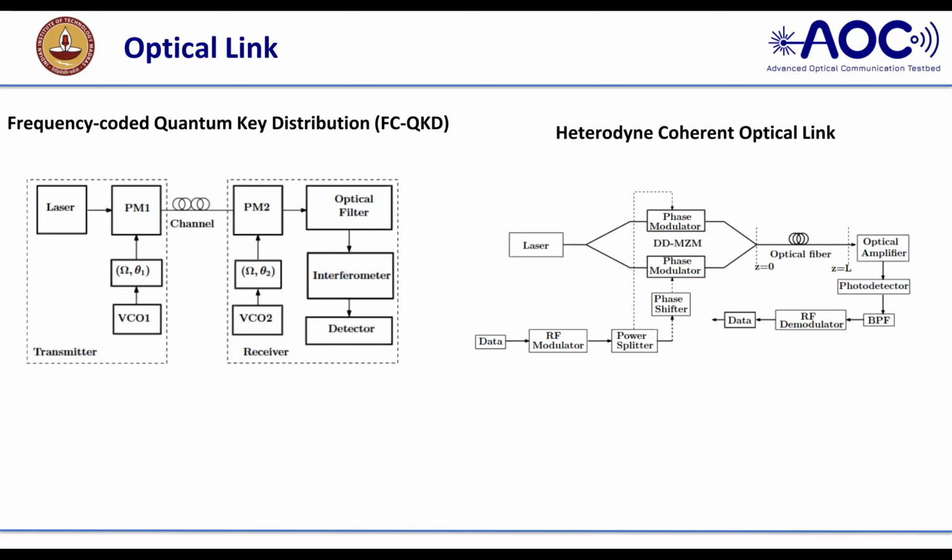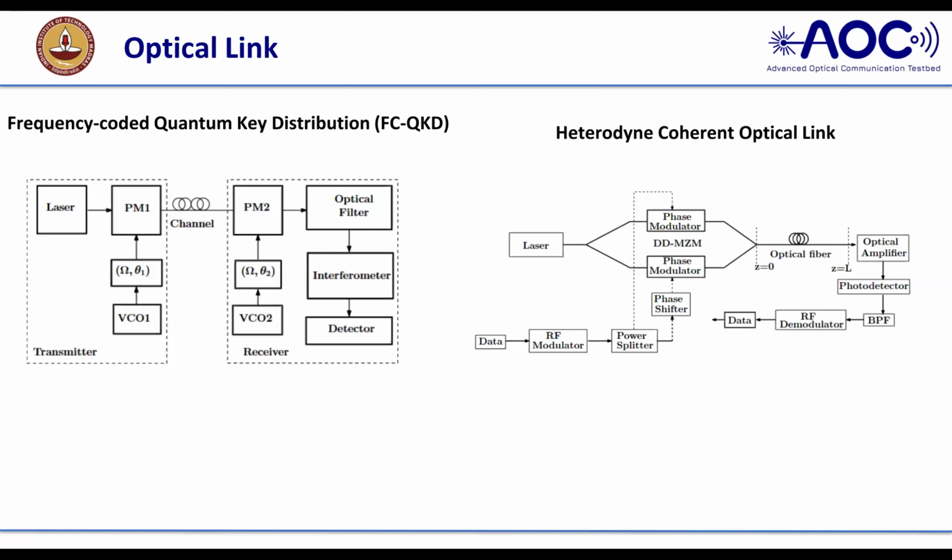We have a laser, we have a phase modulator, and the data is given to the RF modulator, VCO1. After the RF modulator, we give the information to a phase shifter, which gives a phase shift of 90 degrees, and a phase modulator in dual drive. So it will act like a dual-drive Mach-Zehnder modulator,